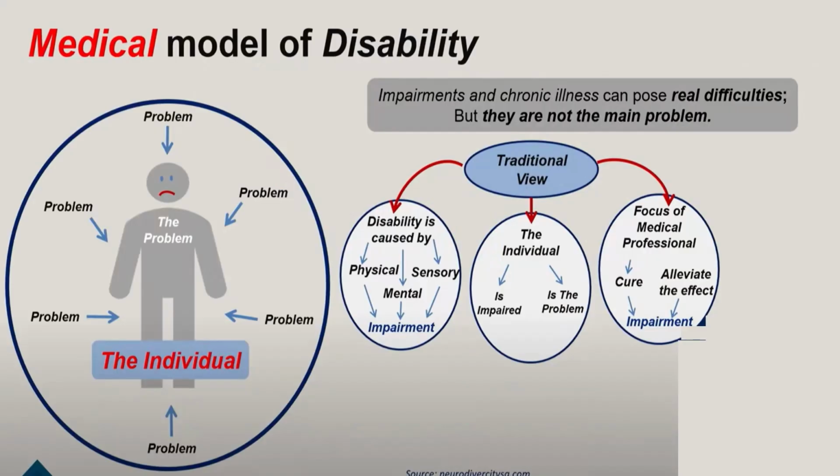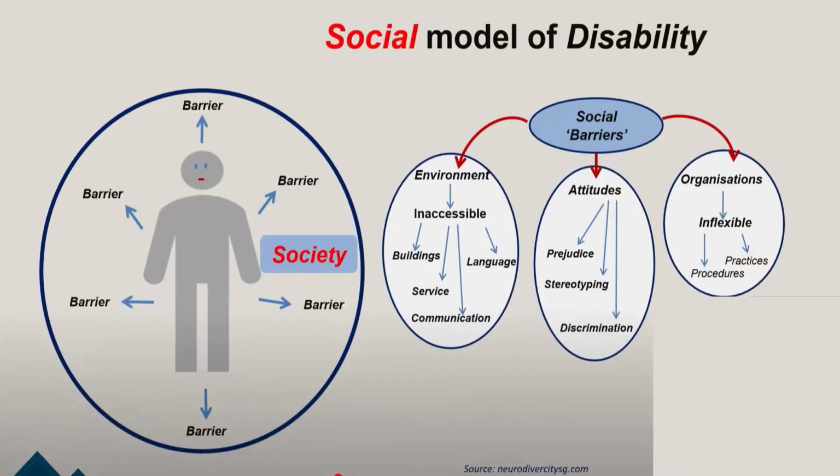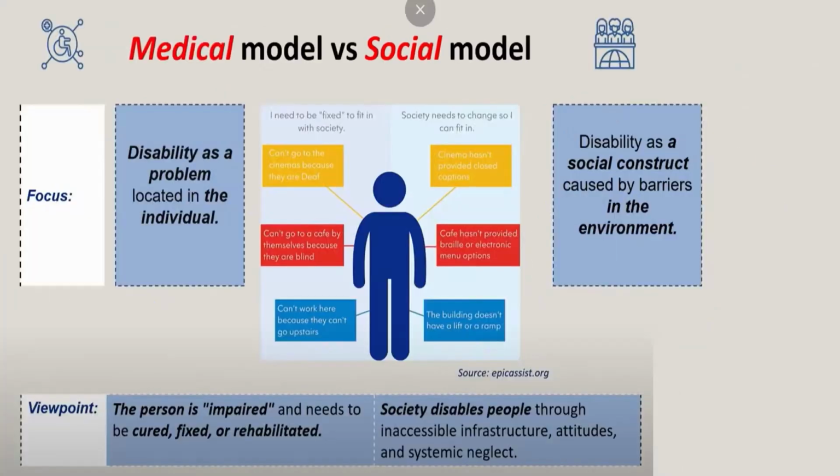lead to individual problems. So the traditional view: disability is caused by physical, sensory, mental, or other impairment. And social barriers, there are many barriers, and a person cannot be free from the barriers. There may be an inaccessible environment, buildings, languages, services, communication, attitudes, prejudiced attitude, stereotyping, discrimination, and inflexible organization. So medical model versus